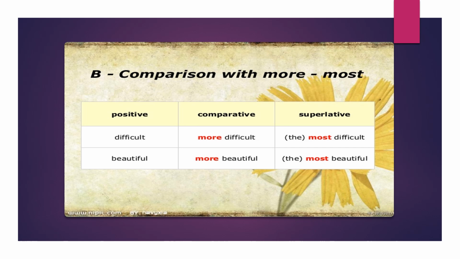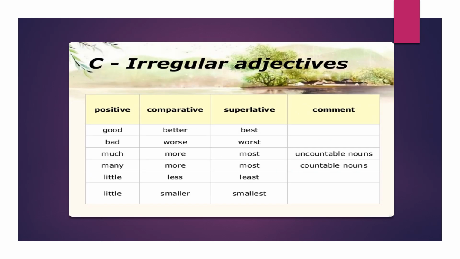So now you're making a comparison between two subjects. Of all the topics that are there in mathematics, trigonometry is the most difficult. Again, the most difficult. So whenever you're using a superlative degree, be that the est form or the most form, in both cases the word the will always come before the superlative degree. We have certain adjectives that are called irregular adjectives. Why irregular? Because they do not follow the er, est or more, most kind of rules.